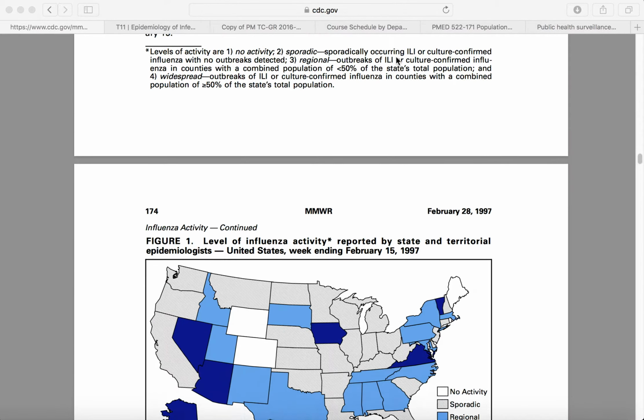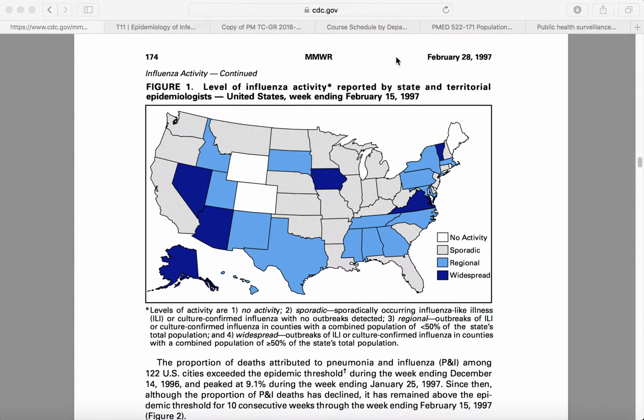So one of the things that I wanted to show is the kinds of information that is portrayed with surveillance data. And this comes from the MMWR, which is the Morbidity and Mortality Weekly Report. You can sign up for this for free. It just comes to your email and they send it to you, typically weekly, sometimes it's a little longer in between. But this is the kind of thing where as different diseases are progressing, they try to give information about those